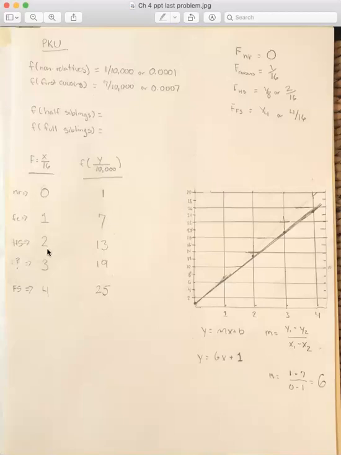And so now we can say, okay, half siblings. Half siblings, the inbreeding coefficient is 1/8 or 2 over 16. Plug the 2 into this equation. 6 times 2 plus 1 equals 13. Here for this other one, we don't know what that kind of mating is, but here for the full siblings, right, is equal to 4/16. So the x is equal to 4. Plug the x into here. 6 times 4 plus 1 equals 25.